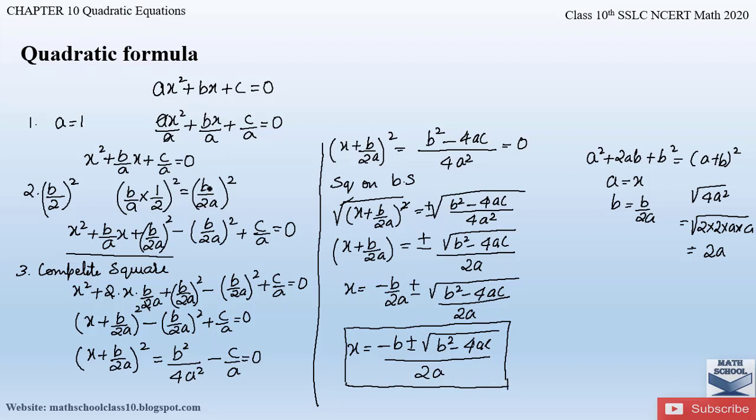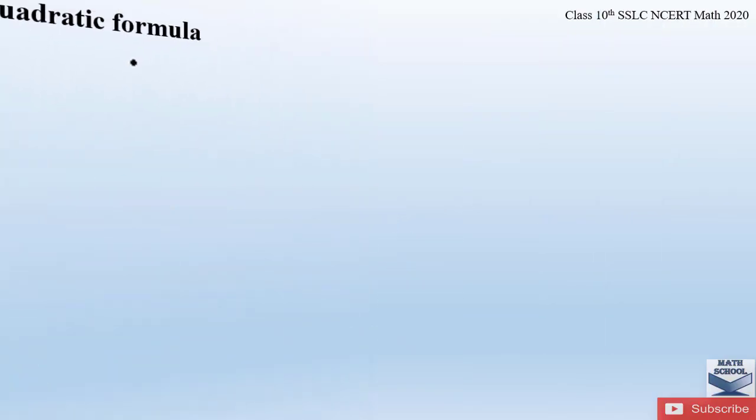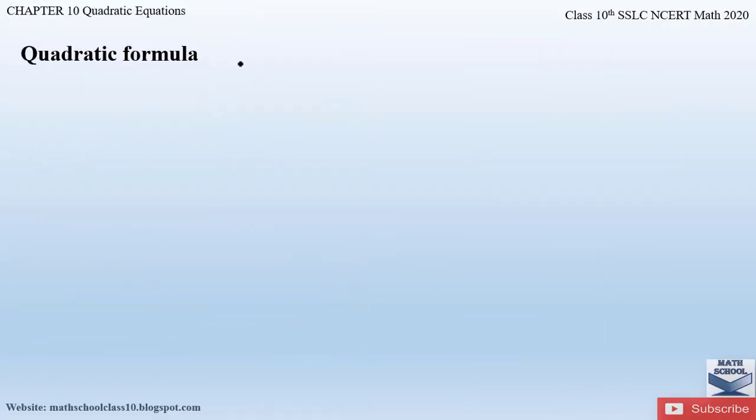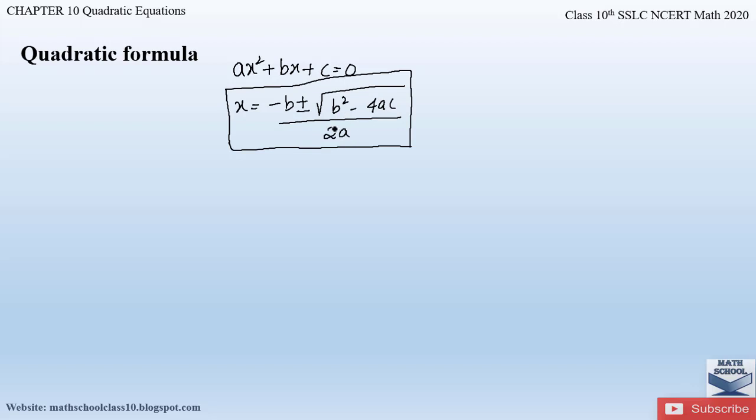By using the steps to find the roots in completing the square, the same steps we will follow and we will derive this formula. So this is the formula to find the roots for a given quadratic equation. So for a given standard form of a quadratic equation, ax square plus bx plus c is equal to 0, the quadratic formula, that is x is equal to minus b plus or minus square root of b square minus 4ac divided by 2a, is the formula where we can substitute the a, b and c values and find out the roots for a given quadratic equation.